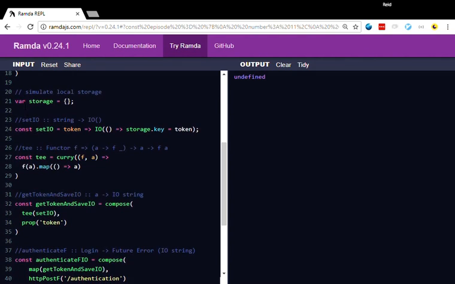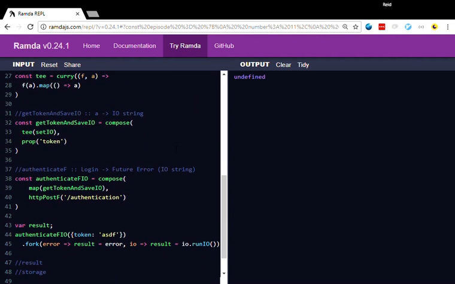One of the other things we're going to do is simulate local storage here, and we've got our I/O. So here is our function that, were it not wrapped in I/O, we'd give it a string and it would just set that storage. It's a command, not a query, so it doesn't actually return anything. We're going to wrap it in I/O though, so it does actually return an I/O, and essentially it makes this lazy.